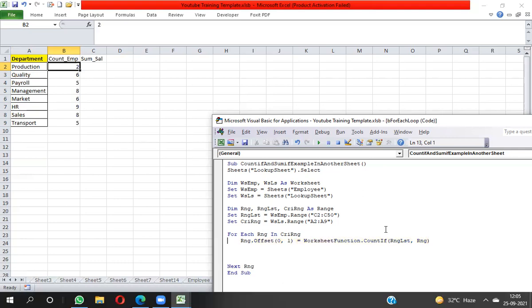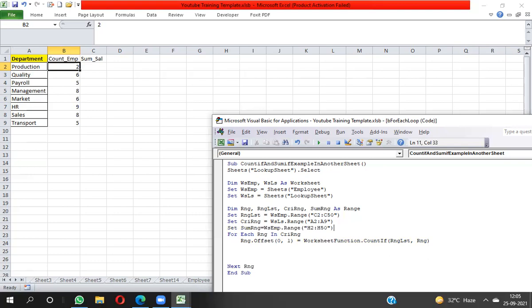If you want to apply the SUMIF function, then you have to declare one more variable here, sumRng. I set sumRng equal to wsImp dot Range H2 to H50.